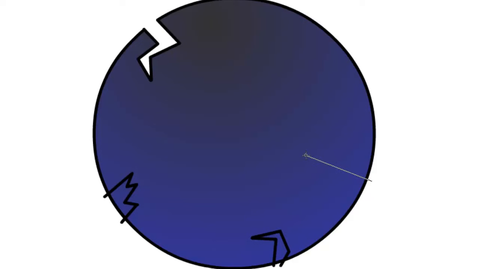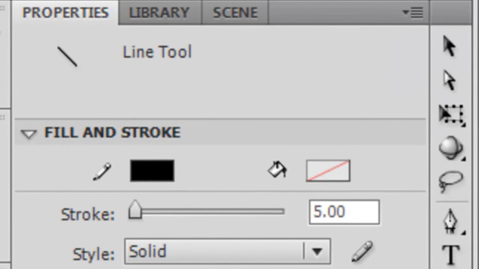And then up here. And then maybe one more, right here. Okay. Now going back to the selection tool on the toolbar,